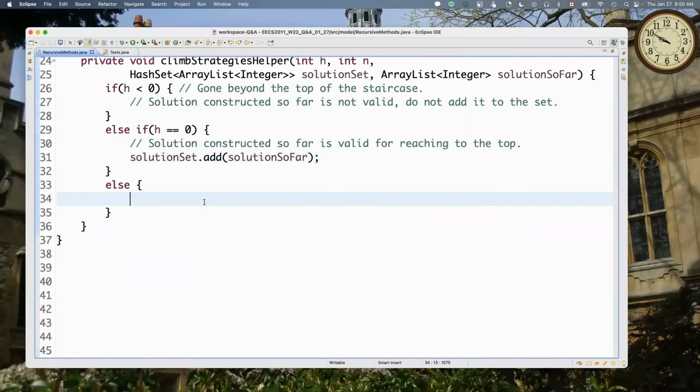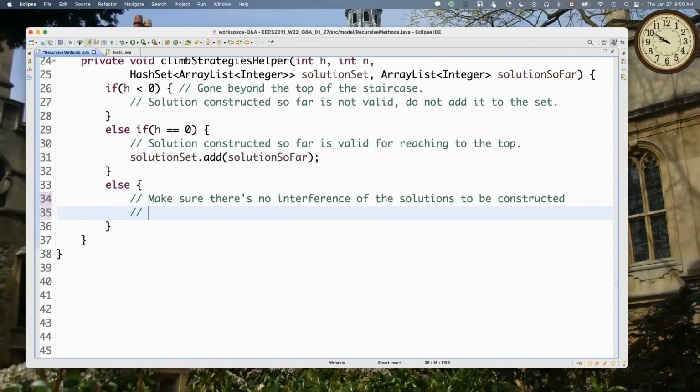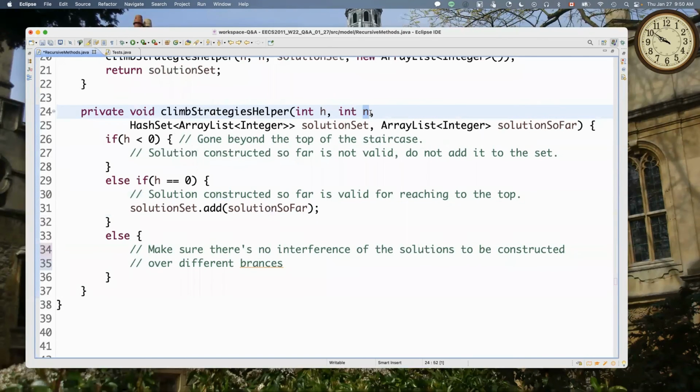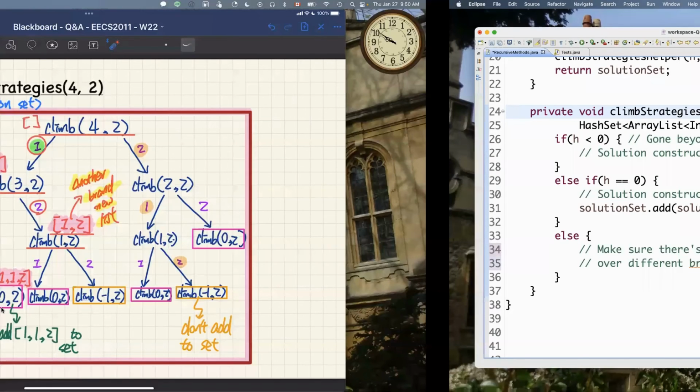What about the recursive case? Now for the recursive case, we want to make sure there's no interference of the solutions to be constructed over different branches. And how many branches do we have? It depends on how large n is. In the case where n is equal to 2, we want to make sure, for example, that if we're currently here,